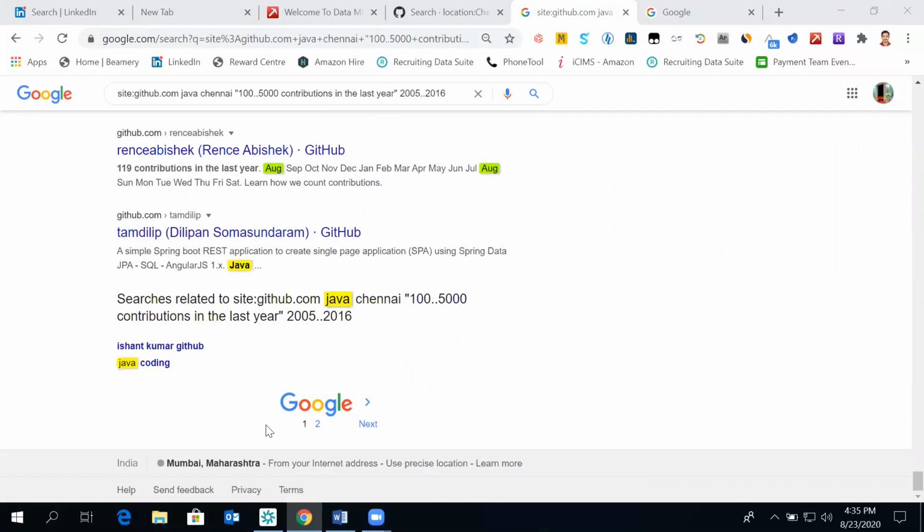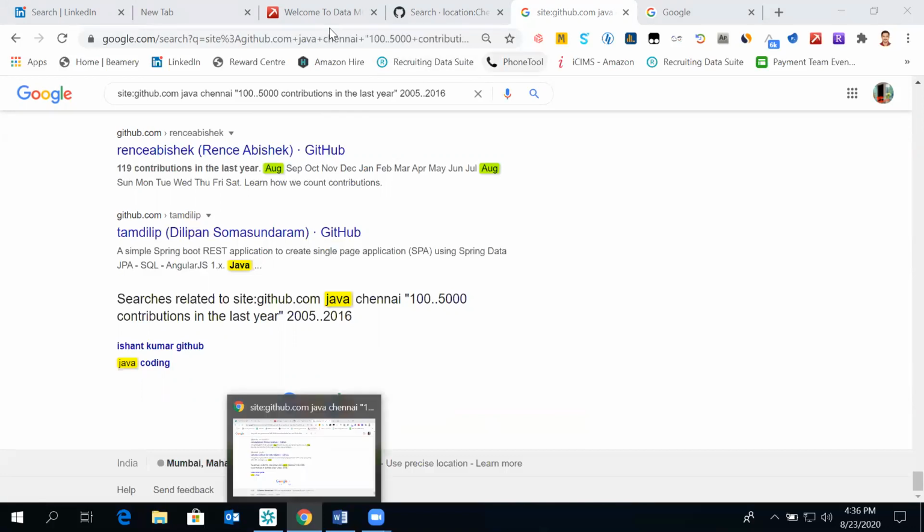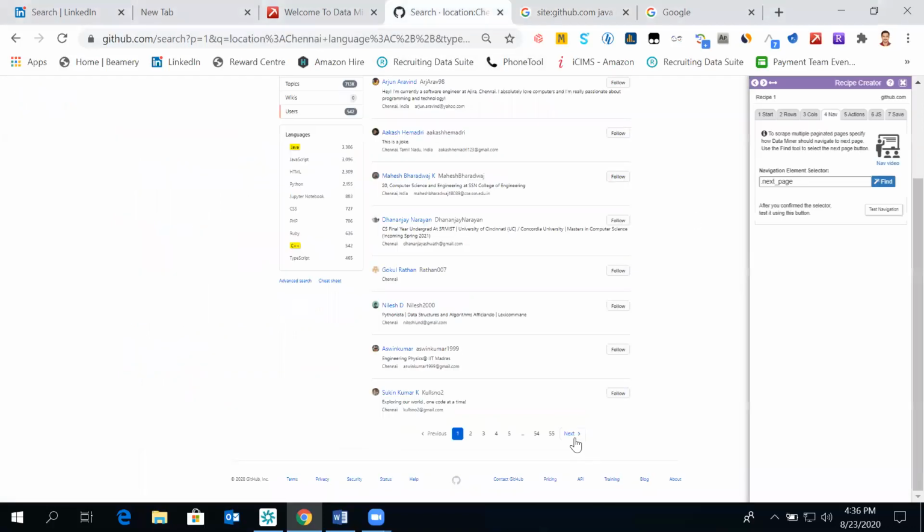So in such scenarios, what we'll do is always go to the second page and take this particular element, because from the second page to the last page there is one additional element coming in, but that additional element does not come in on the first page.